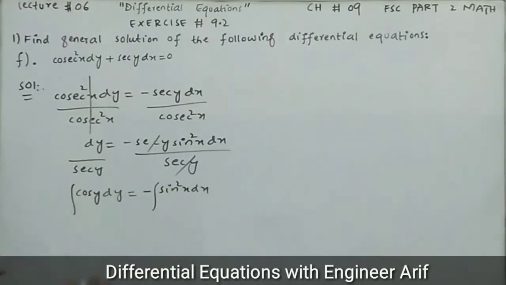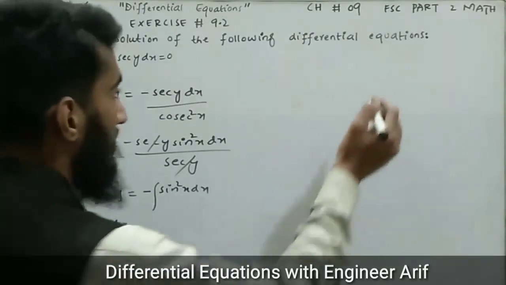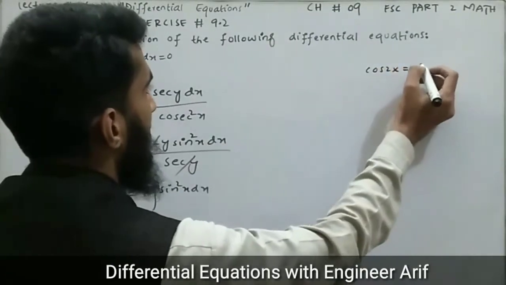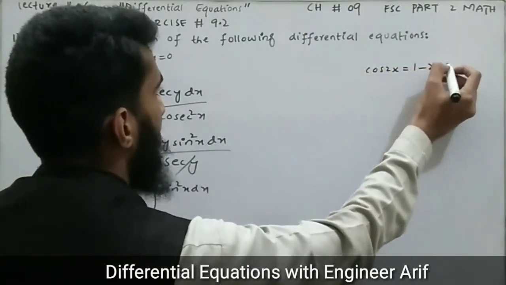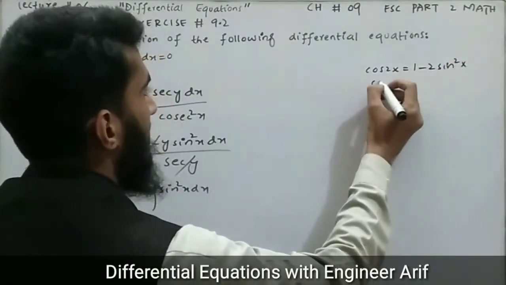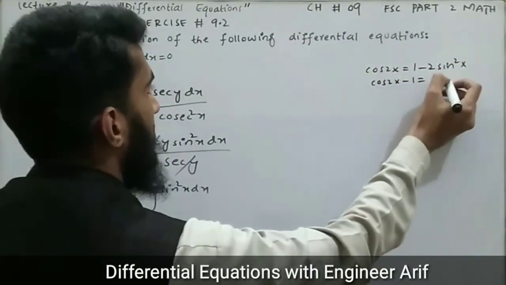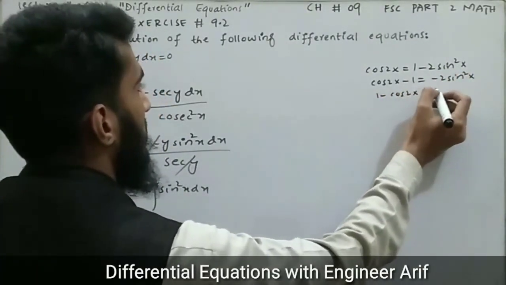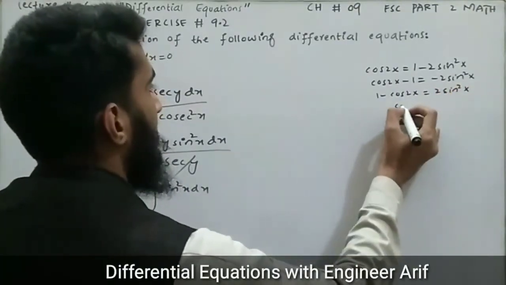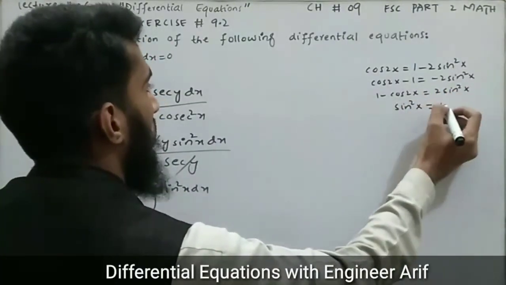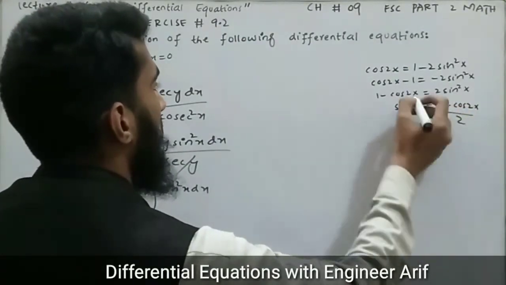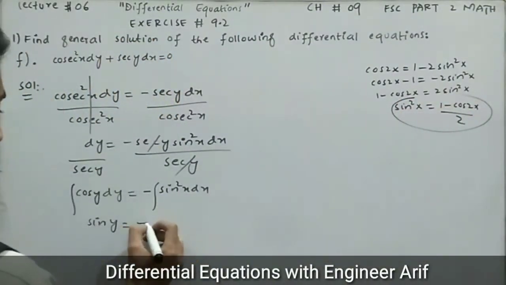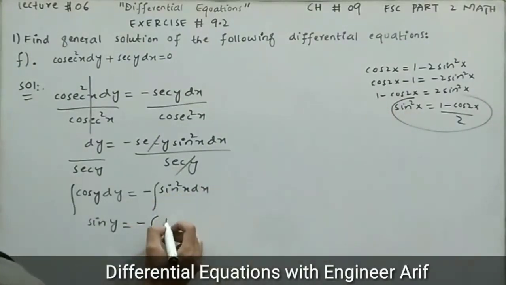Over here the integral of cos y is sine y, but over here there is no formula to find the sine square x integral directly. So remember that cos of 2x, by using the half angle identity, is equal to 1 minus 2 sine square x. Now shift 1 on this side, it becomes cos of 2x minus 1 is equal to minus 2 sine square x. So shift minus on this side, it becomes 1 minus cos of 2x is equal to 2 sine square x. Further sine square x will be equal to 1 minus cos of 2x divided by 2. So put sine square x over here. So it becomes minus integral of 1 minus cos of 2x over 2